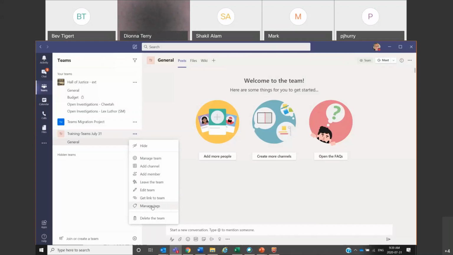Manage tags is a great way to communicate. So if you have 40 people that are a part of your team and 3 of them are your leaders, you can actually create a tag, leadership. And whenever you want to send them a message from the general tab, you can say at leadership, and only those 3 will get that message. So it's a really good way to communicate. And then of course you have the ability to delete your team. You will delete the team for everybody, even if there are other owners. But no big deal. If you delete it by accident or you need to get it back, you just contact IT, email, call, track it, and they will restore it for you.